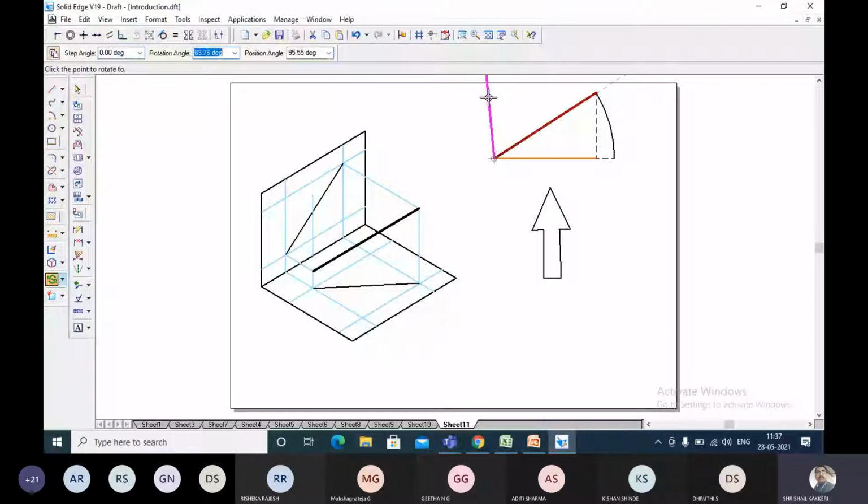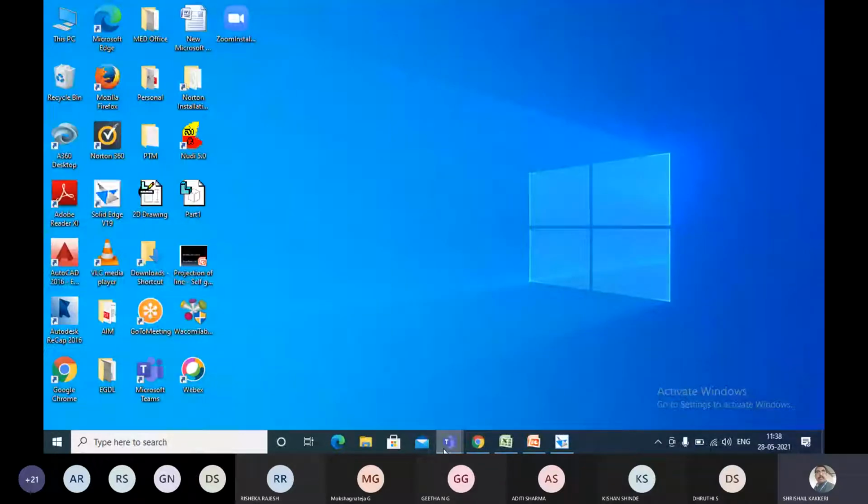If the line is kept like this still, then it appears shortened to your observation. Now what you have to do to measure this line, to see how much length it is: taking this as a point and this as the radius, you draw the arc, which will intersect your eye plane. The eye plane is the plane which is parallel to your eyes, and this particular length after the intersection will be equal to this length. This concept you understood? I hope all of you understood. Now let me come to this discussion.